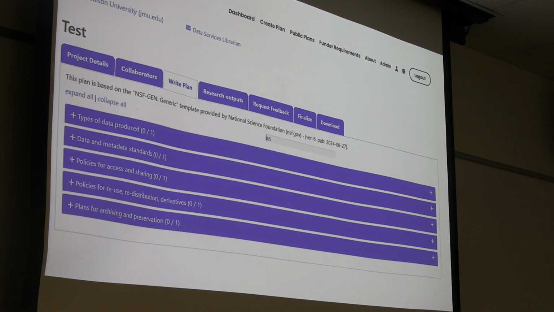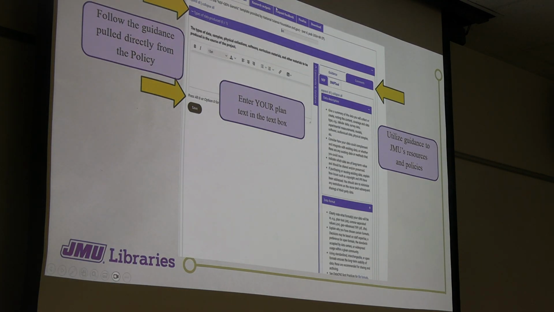Each of these is going to have its own text box, which will have a panel on the right to show you the guidance that I was talking about earlier from NSF and JMU. So each of these, once you select them, is going to have a description here of what should be included. Your guidance will be over here, and this is where you will write your text. So you'll want to enter your responses directly in the boxes,